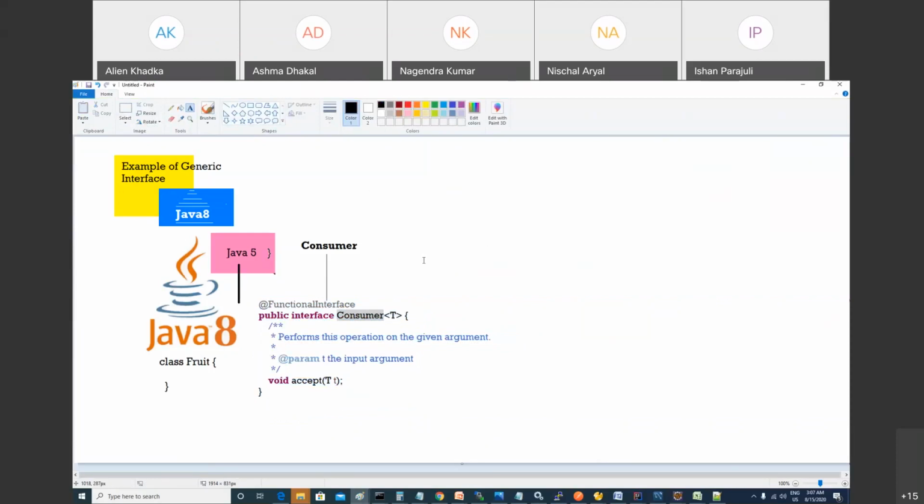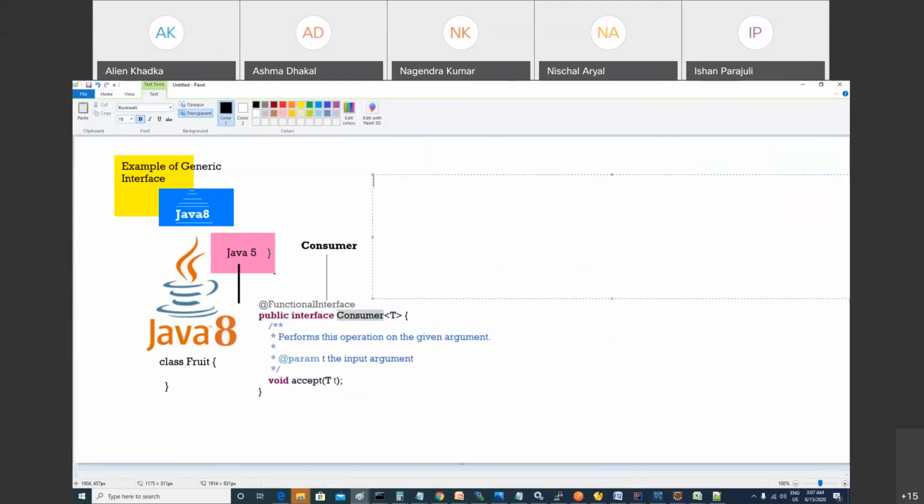Let's try. I need your help. Can you write code for it, Ashma? Consumer C, and here you write the data type. Why, Ashma? When you write Consumer, you have to tell the data type. So what is it going to eat? String. T. You can write anything here. This is the definition. I'm going to use it now.